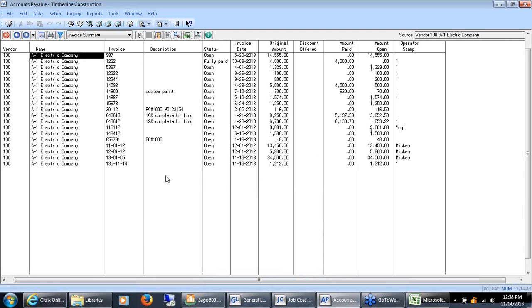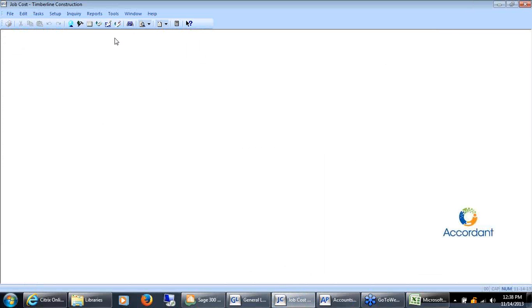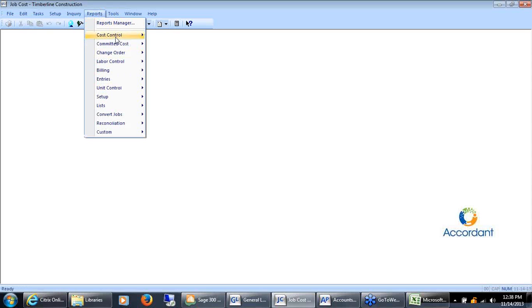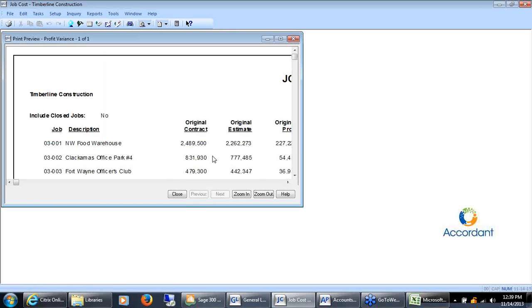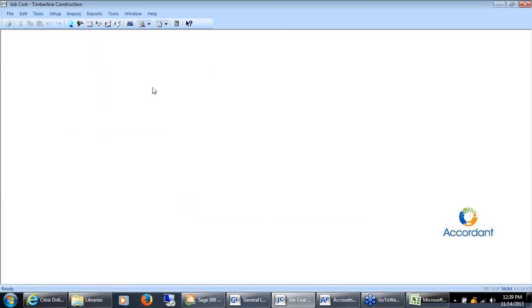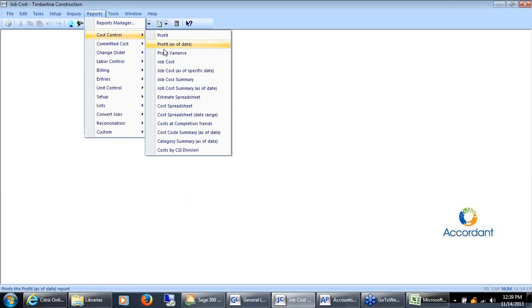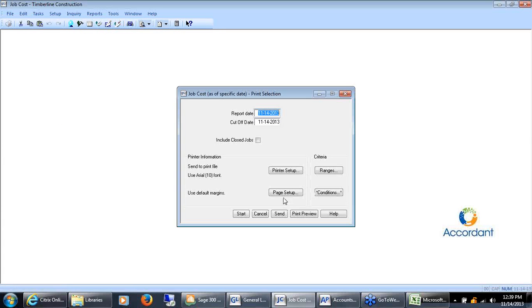Okay. Next question is, can you add more than one cost code on the same inquiry? You can. Remember how I did the project managers, where I said the project manager is equal to RLC or Dave Jones? You could say that the cost code is equal to whatever you need to, or it's equal to that, or it's equal to that. And also what you can do, if you go through some of these reports, and let me look at